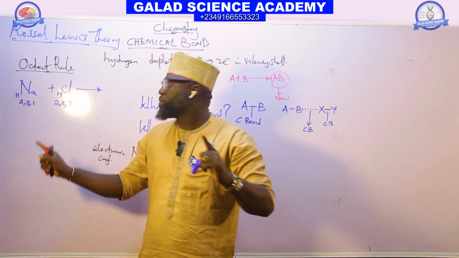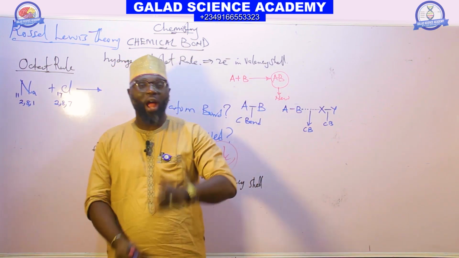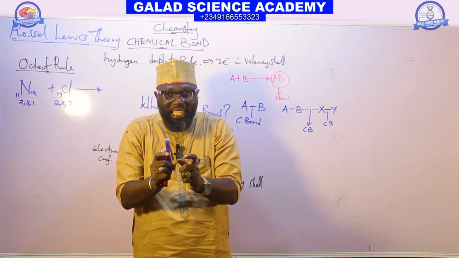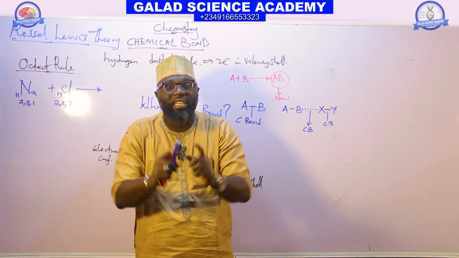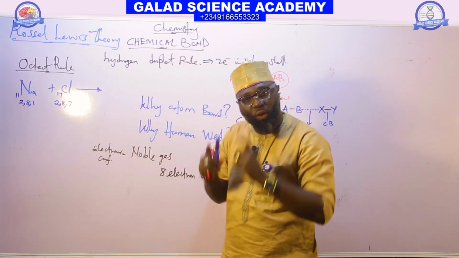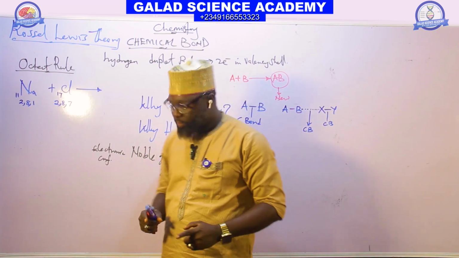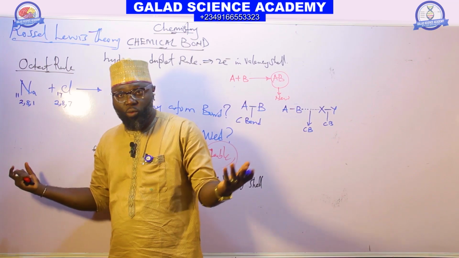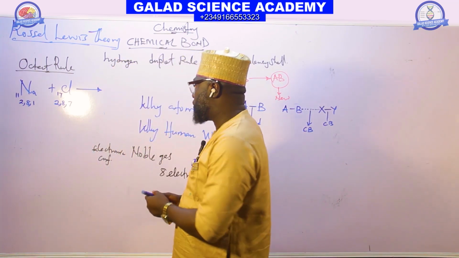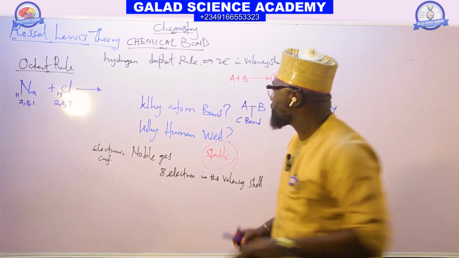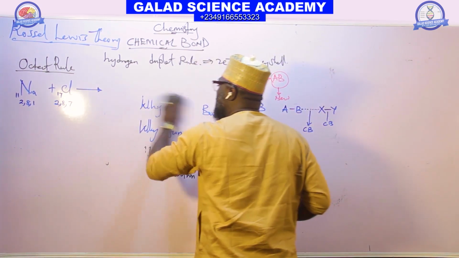And the two of them are not stable, because before any element can be stable, it must have the octet configuration. They must have 8 electrons in the atomic shell. They must have the electronic configuration of noble gases. Because this one has 1 and this one has 7, they are not stable, and both of them need to be stable. So in order to become stable,